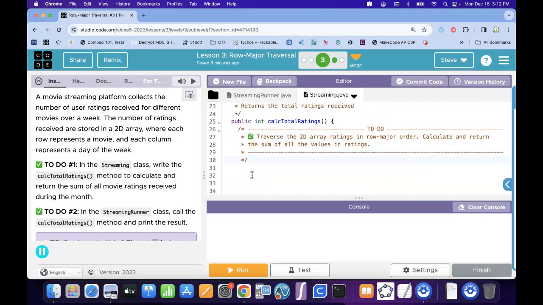And so here we are. So I need to, this is going to return an int, so I'm going to declare an integer. That is going to be my total, and that's going to be equal to 0 to start with. And then I need to do two loops, a for loop for the rows and a for loop for the columns. So I'm going to go for int row equals 0, and I want my row to be less than